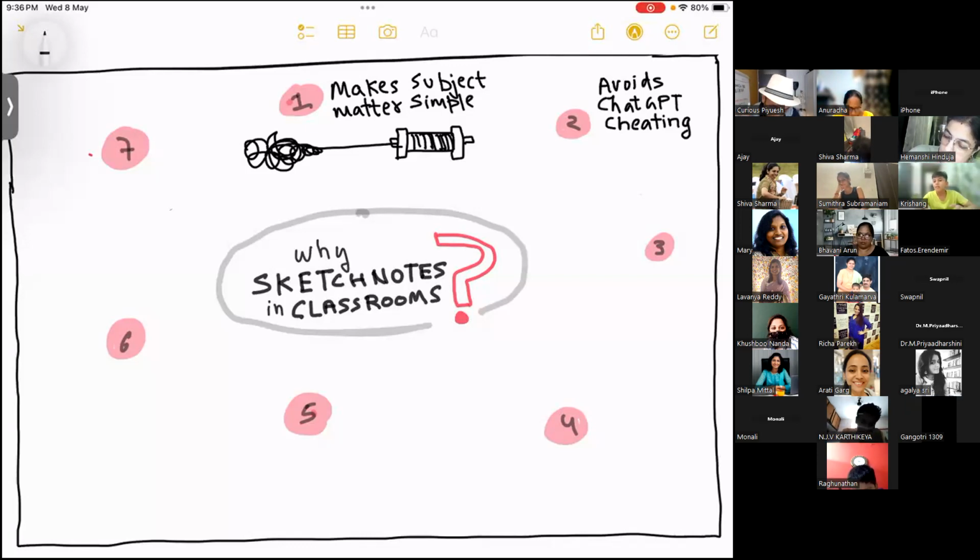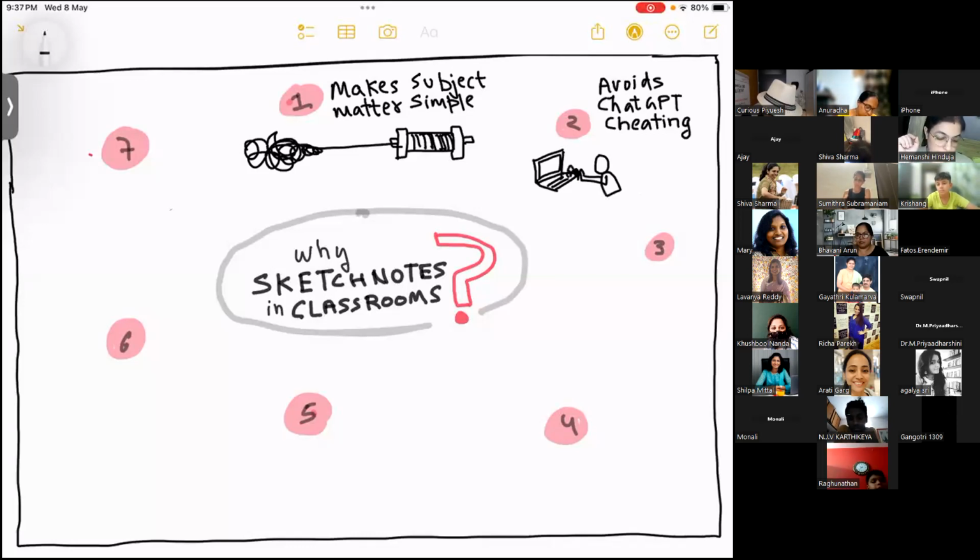Let me try. I'll draw something. Let me draw and tell me if I am justifying this point or not. So I want to draw a computer here, because ChatGPT means computer. And now I am drawing something which is, so for example, if this student is learning from ChatGPT, now I will be drawing like he is quickly typing things. So he is typing things, and I will also draw